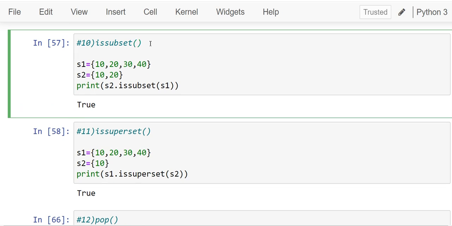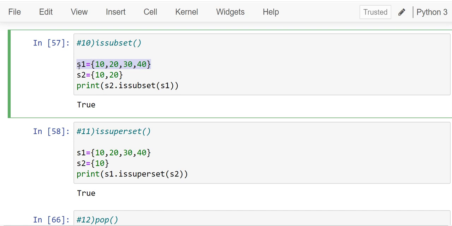Subset means all the elements should be present in another set, like here 10, 20: is S2 a subset of S1? Because 10, 20 are present in set S1, we can say set S2 is a subset of set S1. If the set values are present in another set, then that set is a subset of the other set.